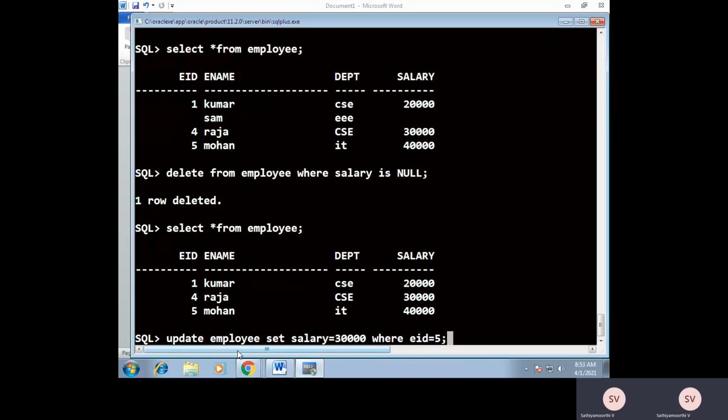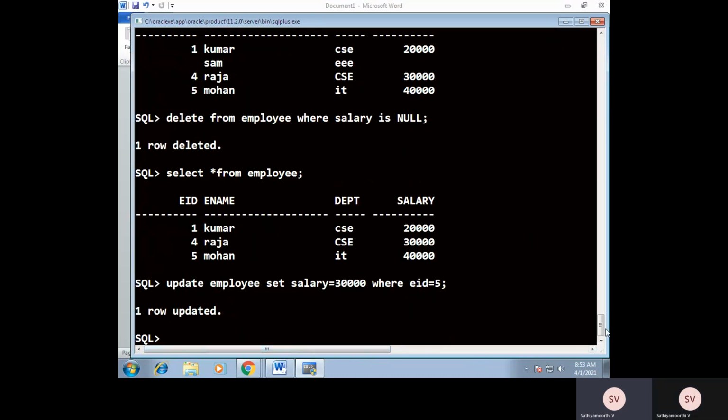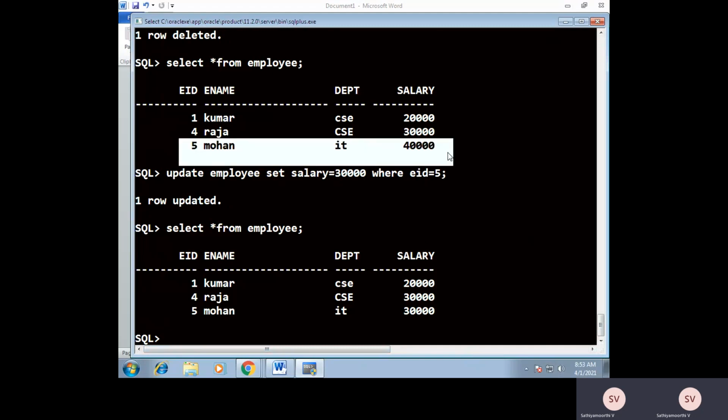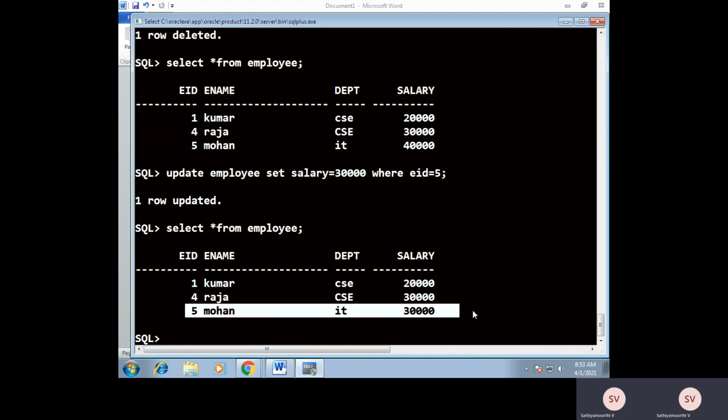So as per this query, I'm updating the salary of the employee having employee ID equal to 5. Here we already have an existing value, 40,000. Now I'm changing it to 30,000. So one row updated. Let's see the output. Previously it was 40,000, now it is updated as 30,000. That is the purpose of the update command.